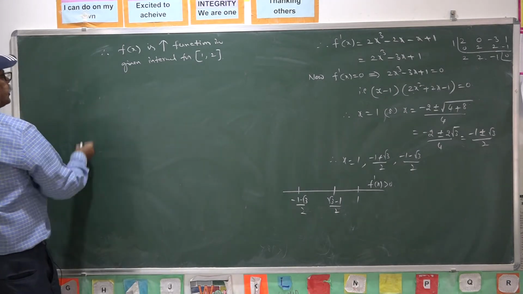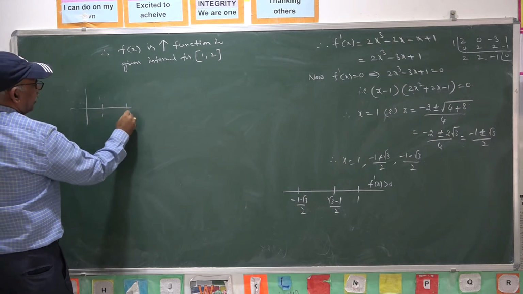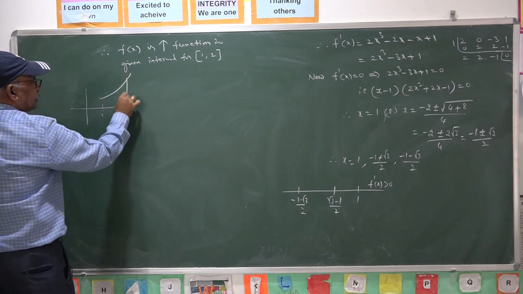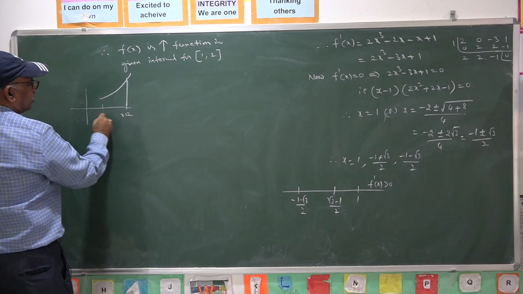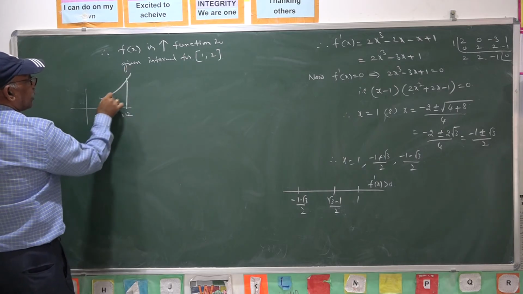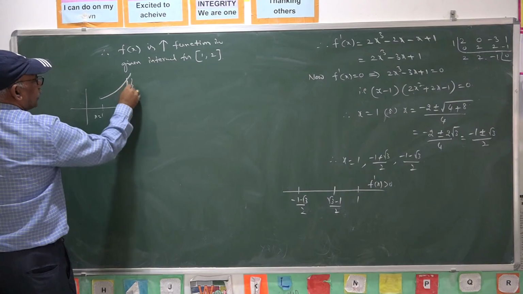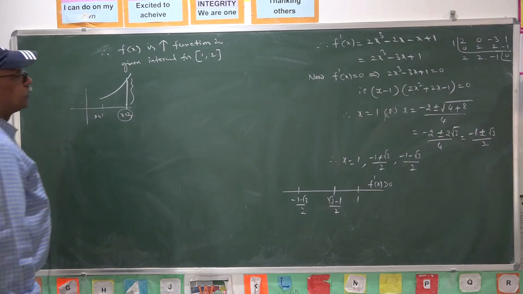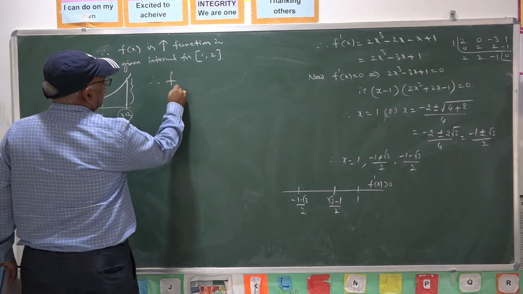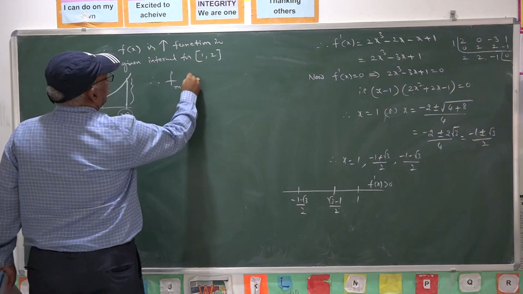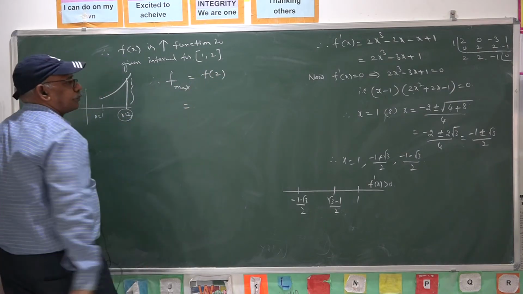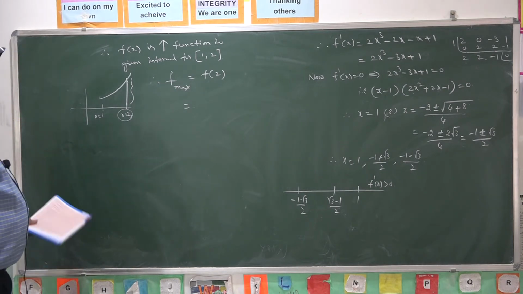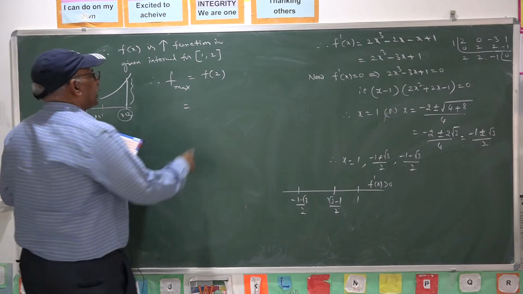Here the function is increasing means suppose in between 1 and 2 the curve is increasing. So the maximum value, greatest value is obtained at x equal to 2 because it is increasing in the interval 1 to 2. The maximum value of the function, the vertical length, is maximum at x equal to 2. So therefore f maximum, or f greatest value, is given by f of 2 itself. At x equal to 2, it takes maximum value.